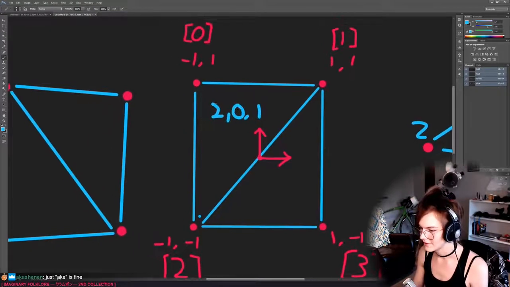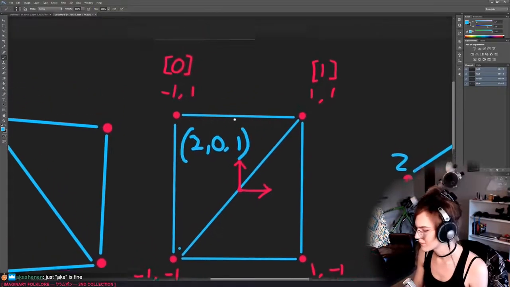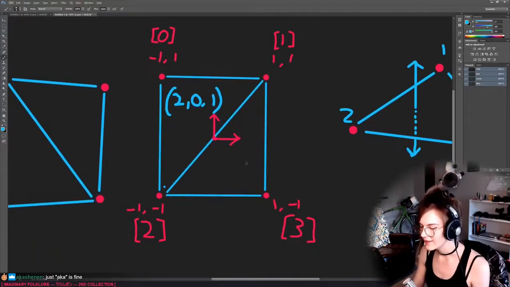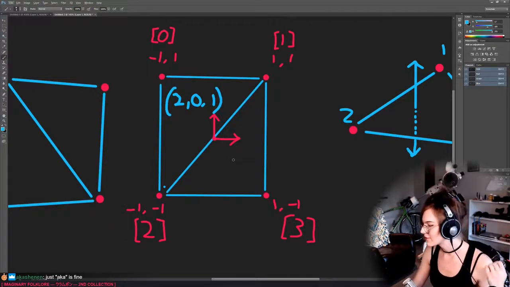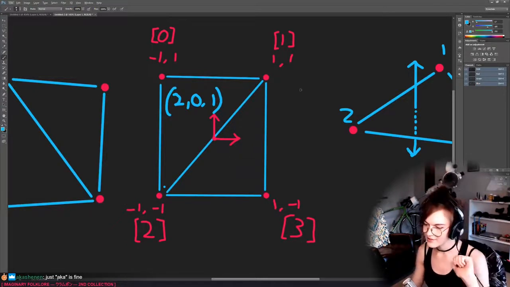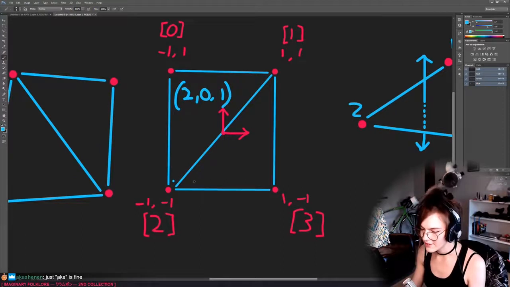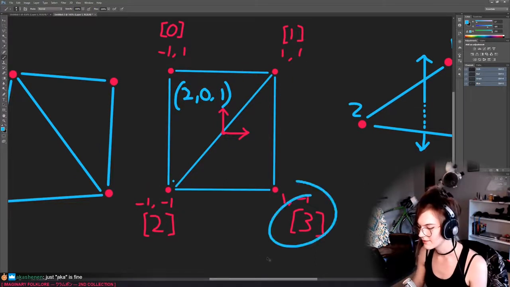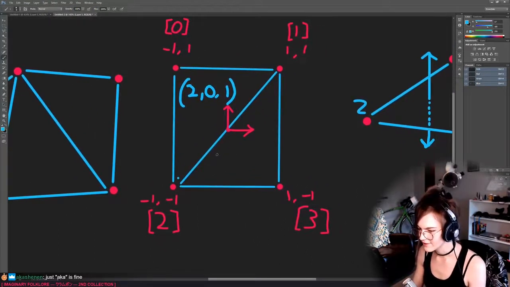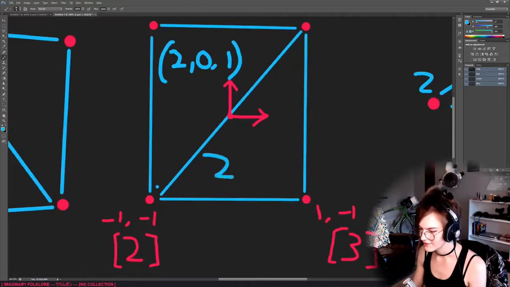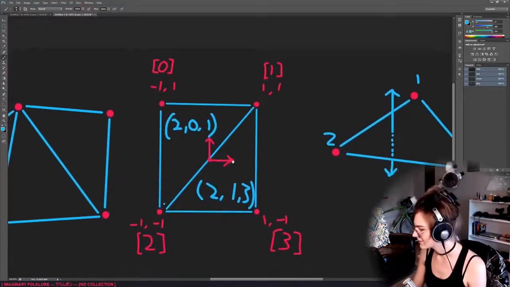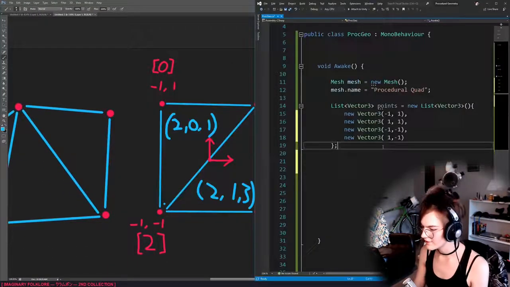So this is our first triangle. And then for the second triangle, again, we need to go clockwise if we want the normal to point towards the camera in this case. So then we need to go 2, 1, 3. So that's the order we need to go there. So if we go back to Unity now,